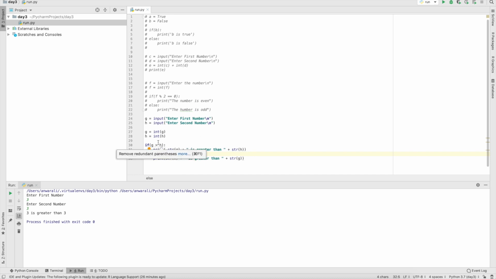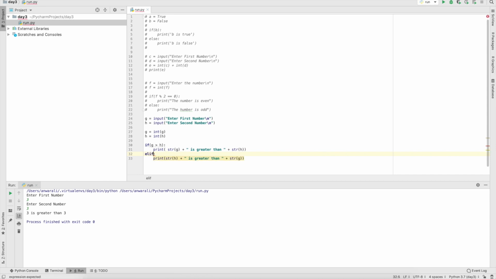So if 3 is not greater than 3, that does not mean else 3 is greater than 3. So there should be something that says if a number is greater than another number, it says this is greater than this, or it says this is greater than that, or it says both of them are equal. So what I can do is have another statement that says else if, which is represented by